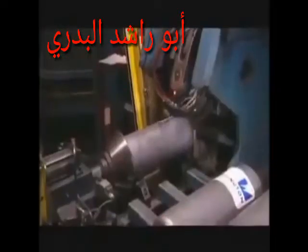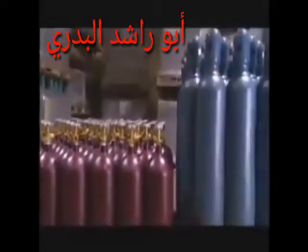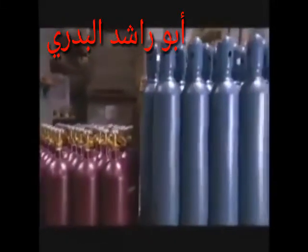Cylinders are permanently marked with regulatory information, such as the specification, service pressure, test date, and serial number. Often, additional customer markings will be added. The majority of industrial gas cylinders, a corrosion-resistant